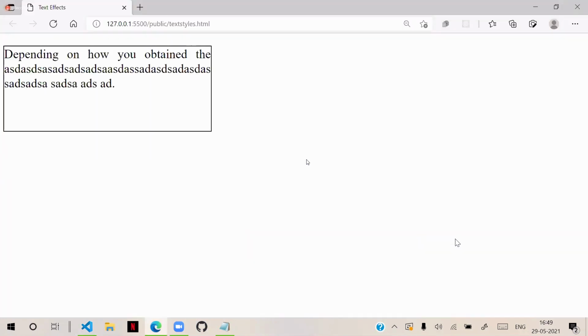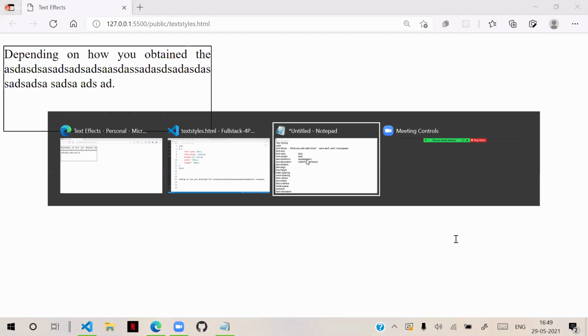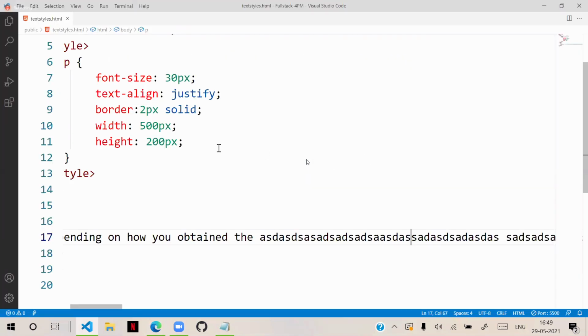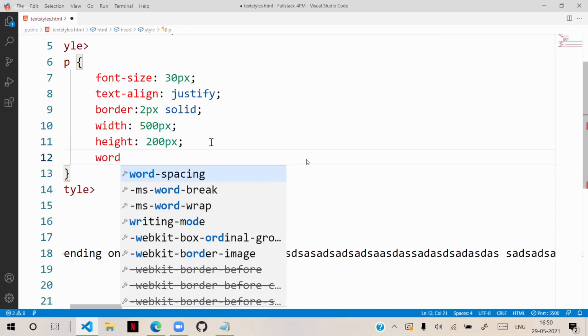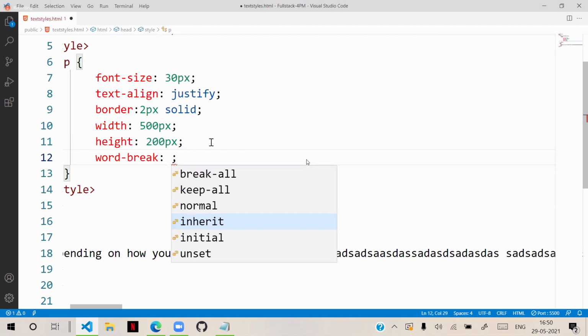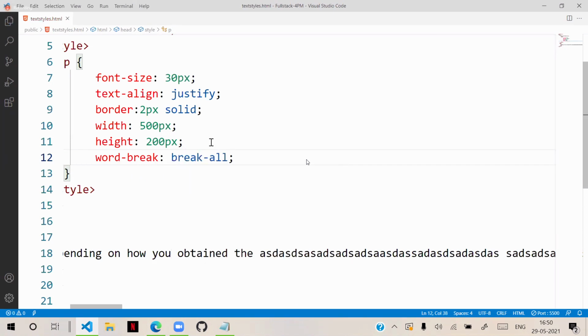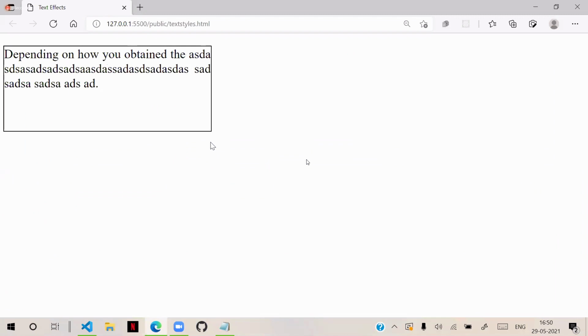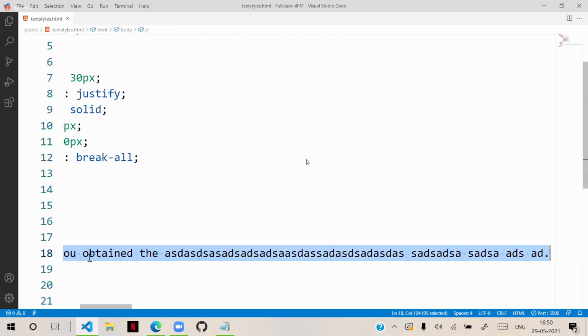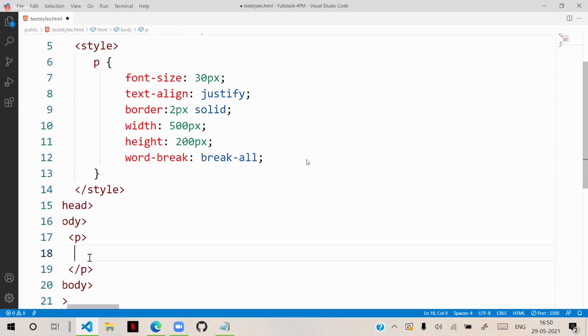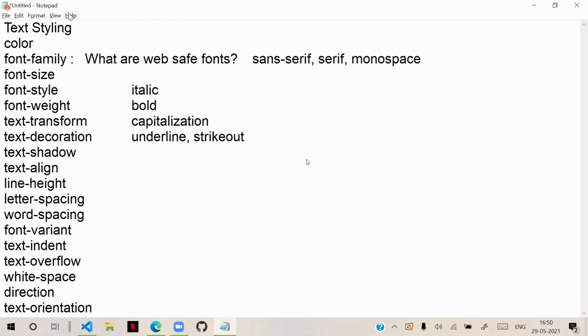Then what we want is, if there are lengthy words at the right margin, we want to break them. Break those lengthy words and keep them aligned in a perfect way. Just what you can do is give word break. We can use word break and you say break all. It will break the words at the right margin. You can see this is half and after that the next. Even take your general paragraph. You take your general paragraph here. So some paragraph I will copy and paste.